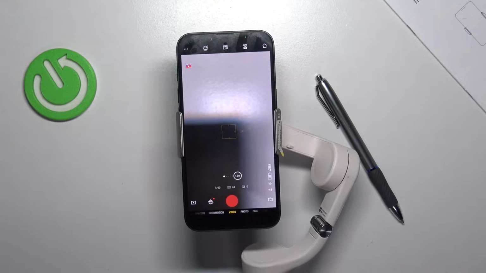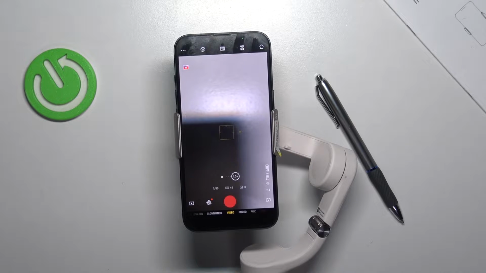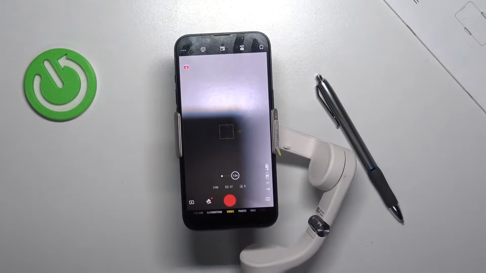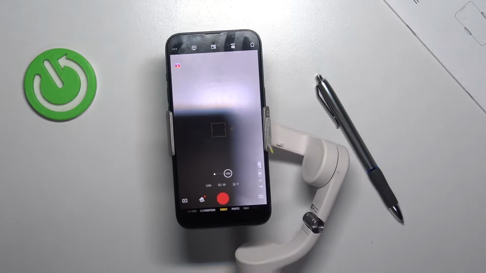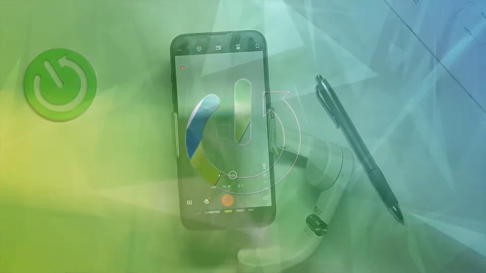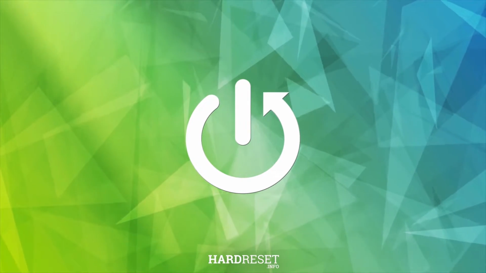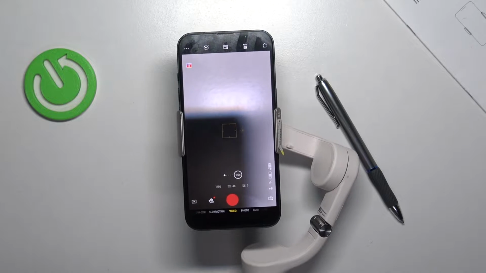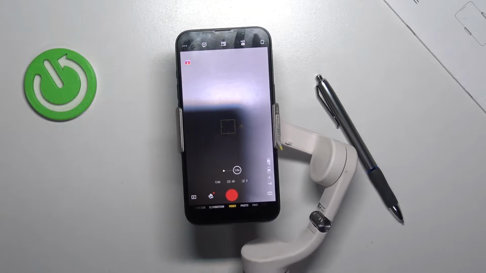In front of me, DJI OM 5, and now I'm gonna show you how to invert or how to uninvert joystick direction on this device. To invert or disable inverting of the joystick direction, you need to